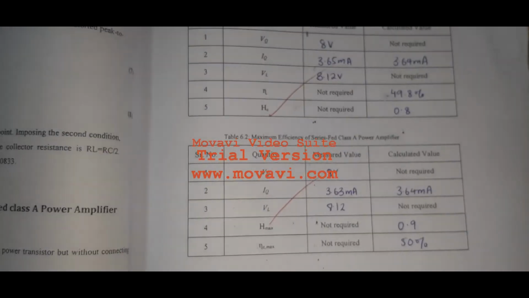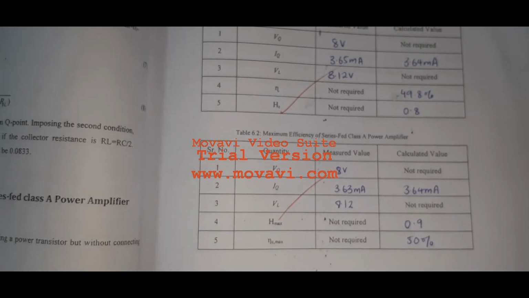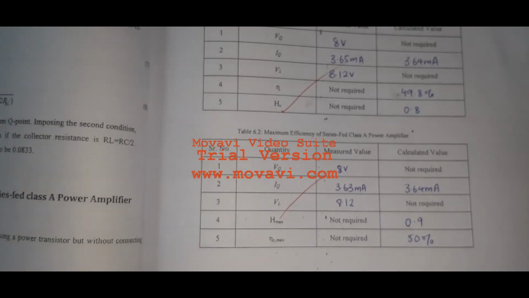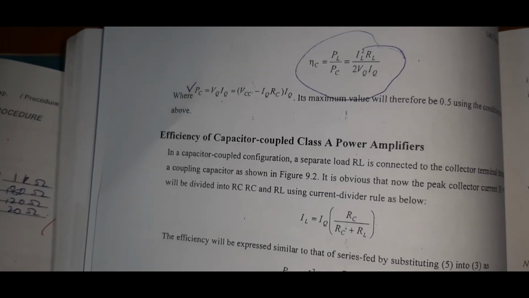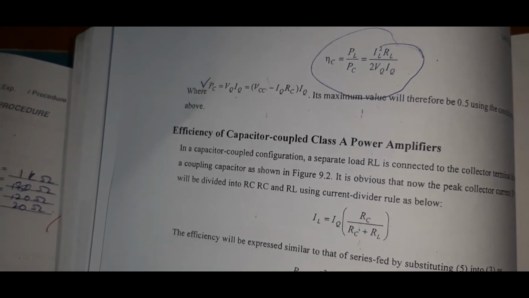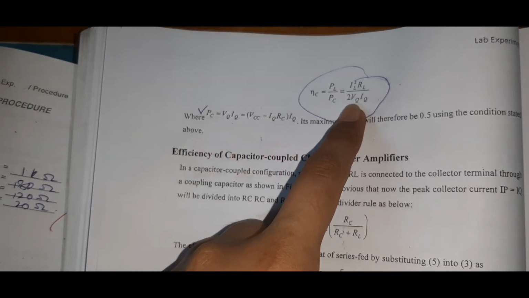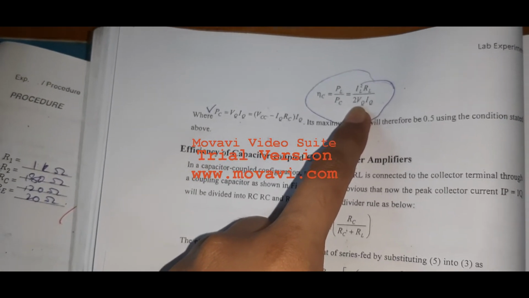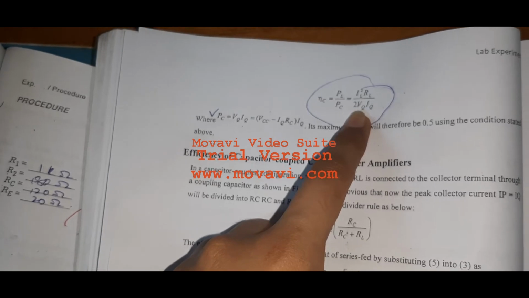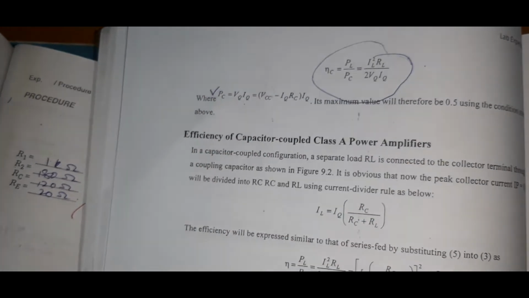To calculate the maximum efficiency, you have to set VQ to half of the VCC supply, then your efficiency will be maximum. To calculate the efficiency of the collector, there is a little difference only in VQ, where here VQ is VC instead of VCE. The VC is the voltage across the collector. So by using this, you can find the efficiency of the collector.